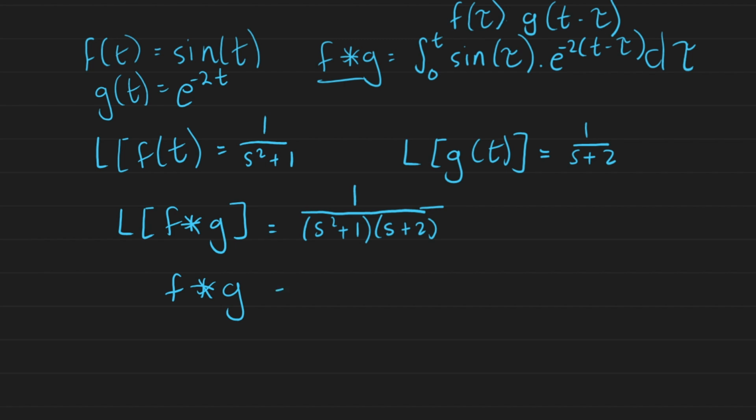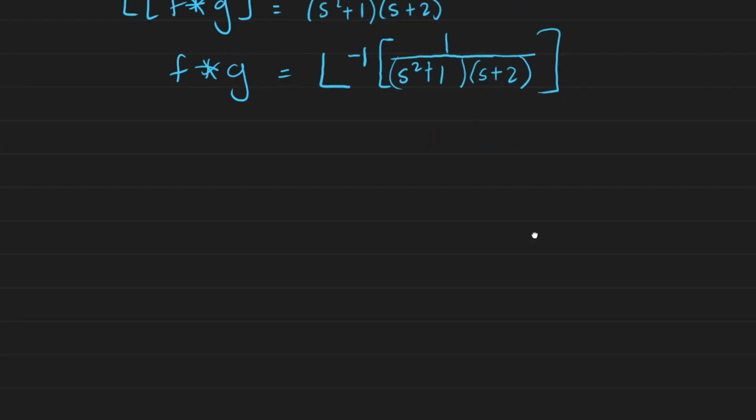So to find the convolution, all we have to do is just take this inverse Laplace transform of 1 over s squared plus 1 times s plus 2. So this is a very straightforward thing to do using partial fractions. I've illustrated this in previous videos. So all we have to do is we take 1 over